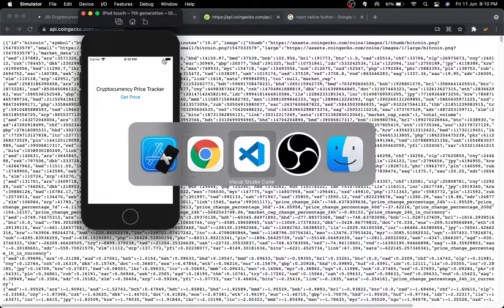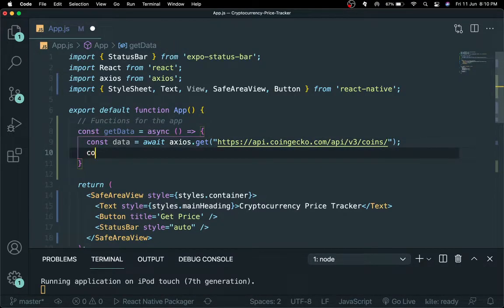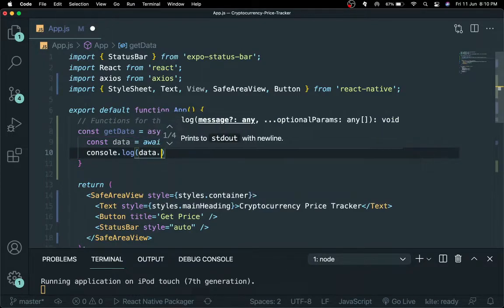So https://api.coingecko.com/api/v3/coins. I will have a link to this API URL down below, so you will be able to use it. But yeah, for now I'm just gonna go console.log data